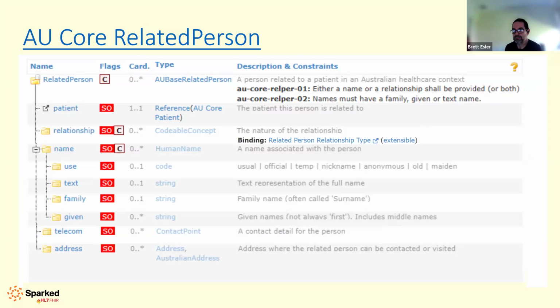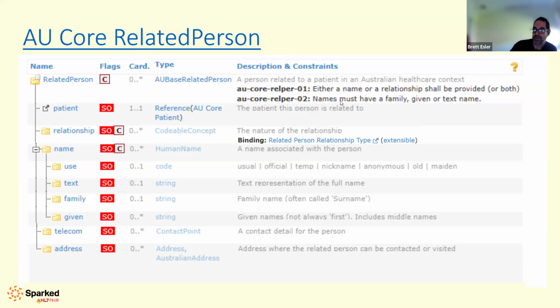So this is our minimal proposal, and probably is the crux of what's good, what's bad with the proposal. We do pull through this extensible value set, which defines the relationships we recognize, they're coded. And we have included two invariants, which one is that you either need a name or relationship or both to be populated,